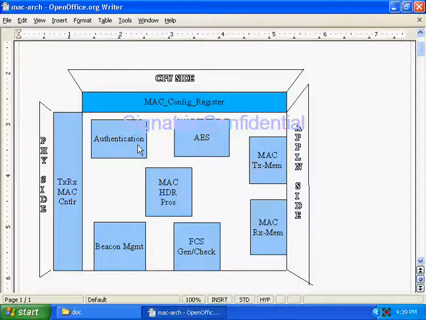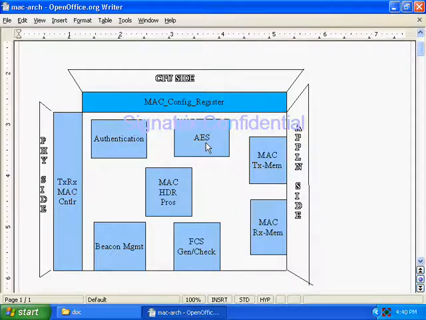The description of this module is, we know the need of authentication. During the authentication process, both host and device will do mutual validation, right? During that time only the four-way handshake also will happen. At the end of the four-way handshake, what we will get? The pairwise temporal key. That is the key we are going to use for the next coming session to encrypt or decrypt the data. For that purpose, I kept this module.